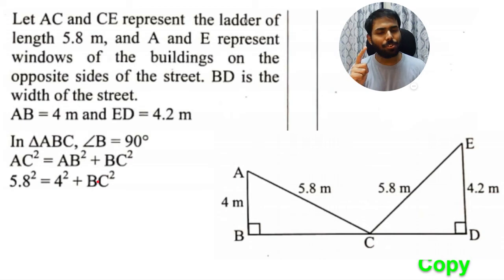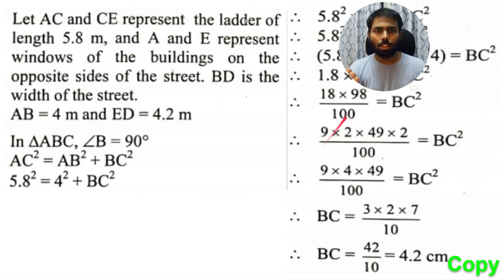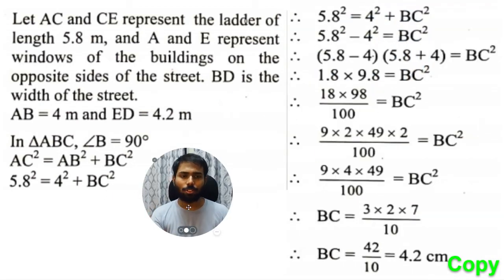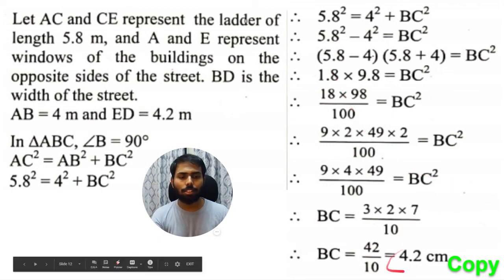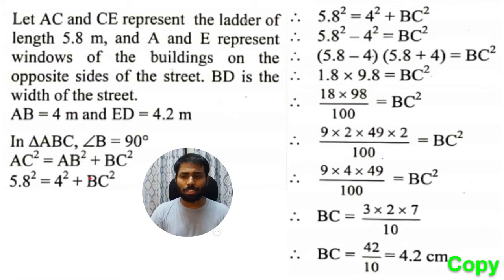Okay, I hope you paused the video and sincerely, honestly tried to find the value of BC. Okay, let us see how to calculate that. So it's a long calculation. It's not an easy calculation, and there are at least hundreds of ways you can do this calculation. This is one of the ways, and however you do it, it's okay as long as you get the final answer as 4.2 centimeters. Okay, so what the first step is, has to be variables एक तरफ and सारे numbers